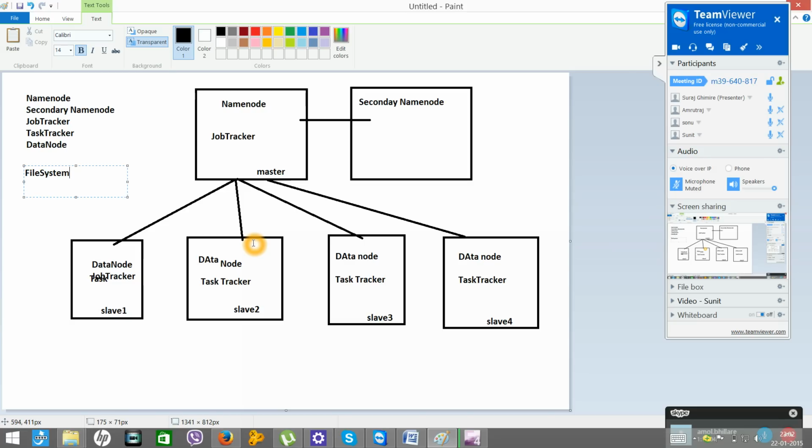Usually you can install Hadoop on Linux as well as on Windows, but practically and professionally we install Hadoop on Linux boxes. So let's say Java 7 is installed and it is a Linux box. Here also the same configuration: same Java 7 and Linux box, same software, same Hadoop components will be installed everywhere.